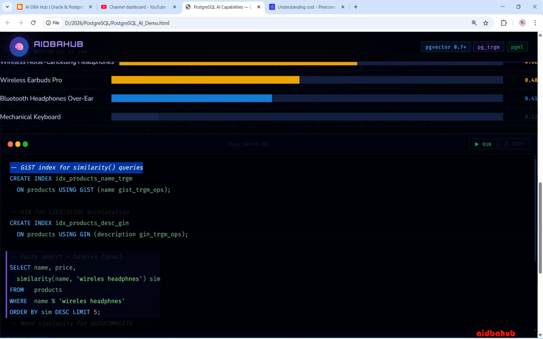CREATE INDEX idx_products_name_trgm ON products USING GIST (name gist_trgm_ops). Okay, and then GIN for LIKE acceleration. Create another index, CREATE INDEX idx_products_description_gin ON products USING GIN (description gin_trgm_ops). Okay, and then